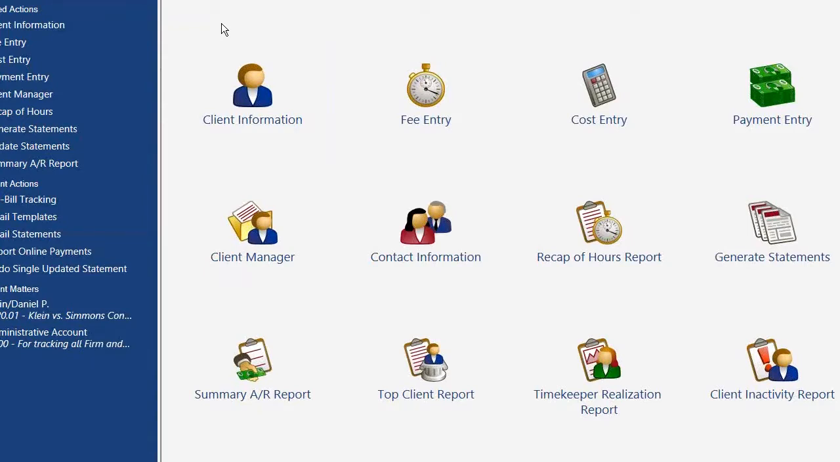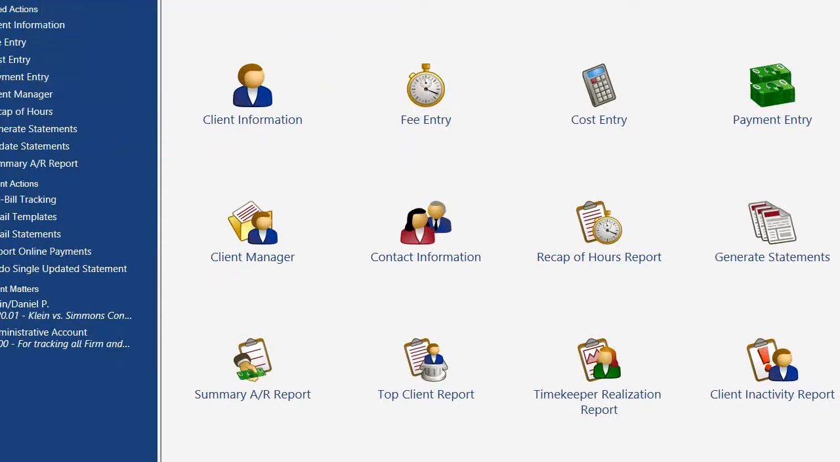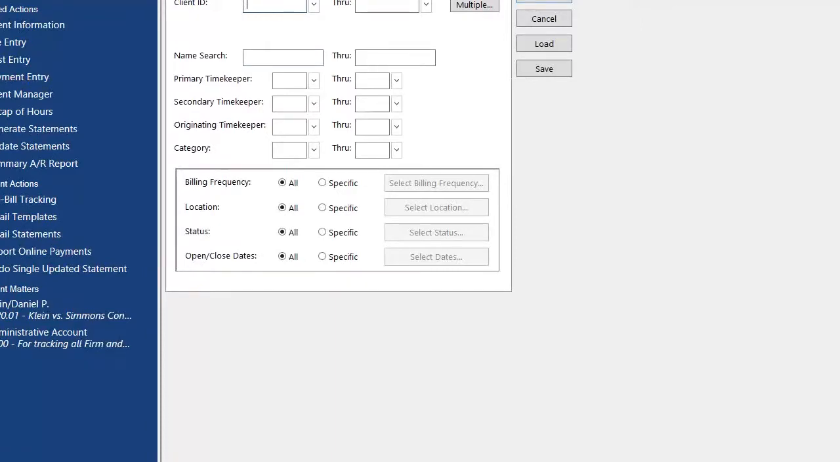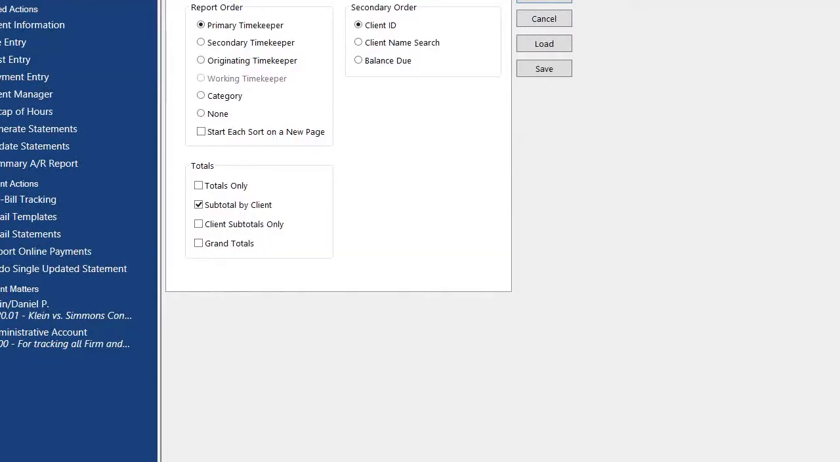Yeah. If you've ever wanted to print a report with just totals by primary timekeeper, let's say you want to see, I don't know, AR, and you really just care about Bob's AR for his matters and George's AR for his matters and Melanie's AR for her matters, if you've done that without the detail, in the past, you would get a separate page with just those totals for Bob, and then another almost blank page with just those totals for George. So now there's a start each sort on a new page checkbox that defaults to not being checked,